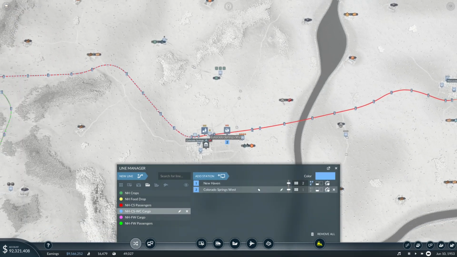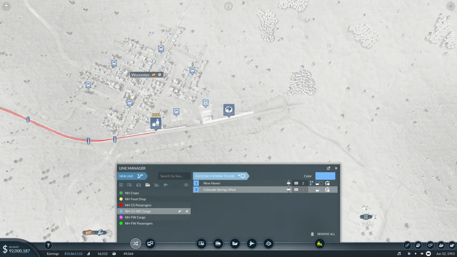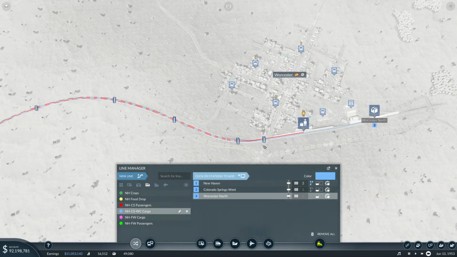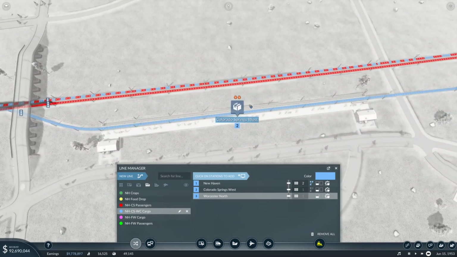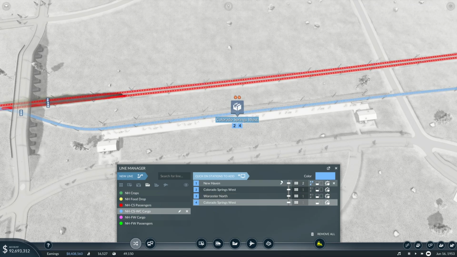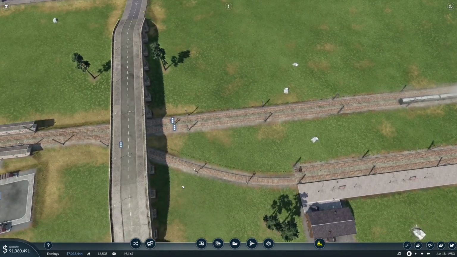It goes from New Haven to Colorado Springs, and then from Colorado Springs, it really needs to go all the way over here to Worcester North, and then it probably needs to drop off over here at Colorado Springs yet again. Okay, and then on the way back to New Haven. So we'll make that change there. We will, however,